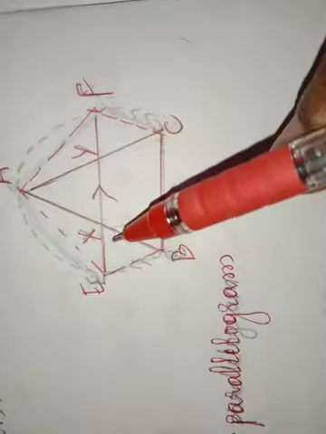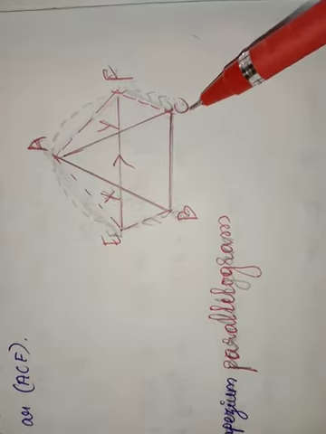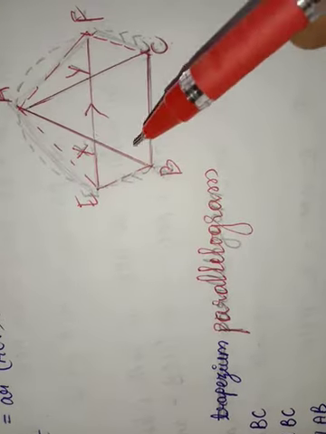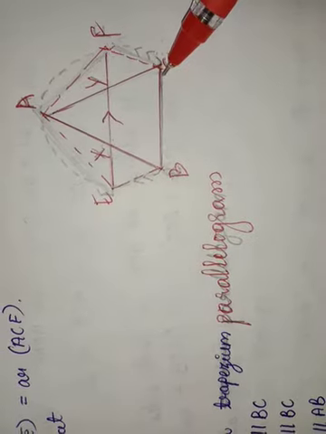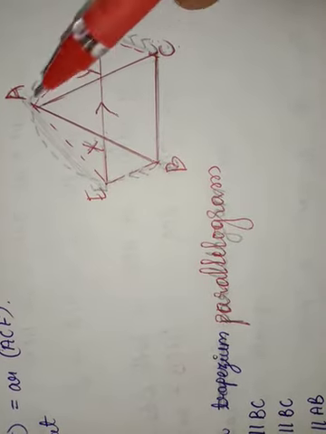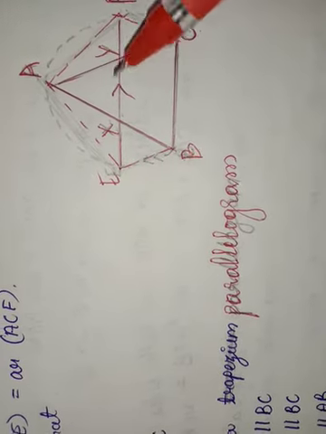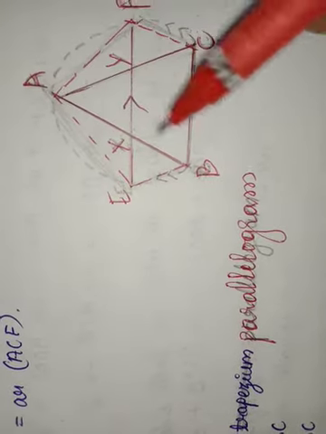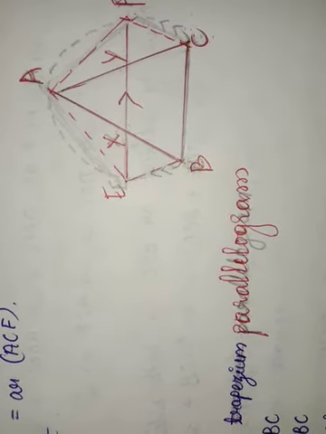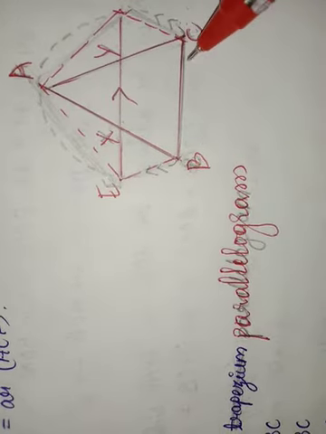Eighth question. XY is a line parallel to the base BC of triangle ABC. If BE is parallel to AC and CF is parallel to AB, meeting XY at E and F respectively, show that area ABE is equal to area ACF. It is given that XY is parallel to BC.